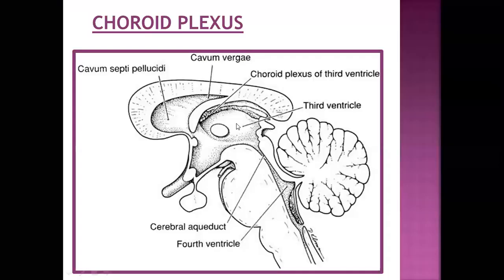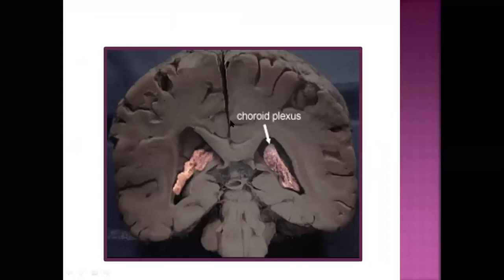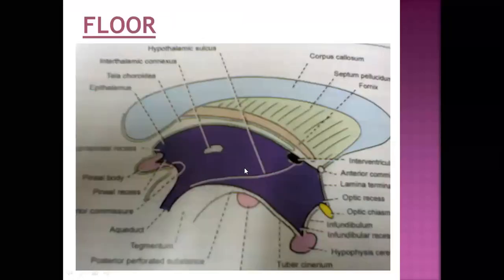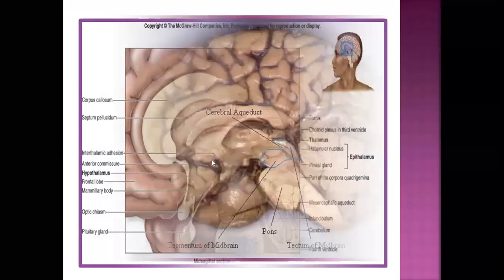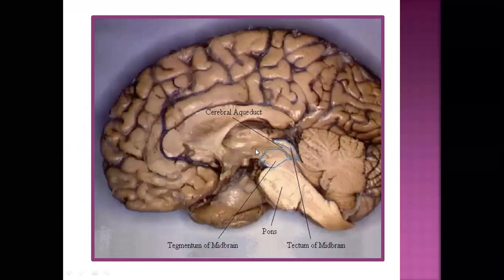Again, you can say the third ventricle boundary is the same in a better diagram. Here you can make out the lateral ventricles, and here you have the third ventricle. This is the original specimen. This is the floor of the third ventricle. Within the third ventricle, you have thalamus and hypothalamus, which contain the nuclei. So this is the third ventricle. It can be a short note. This is the original specimen of our lab.